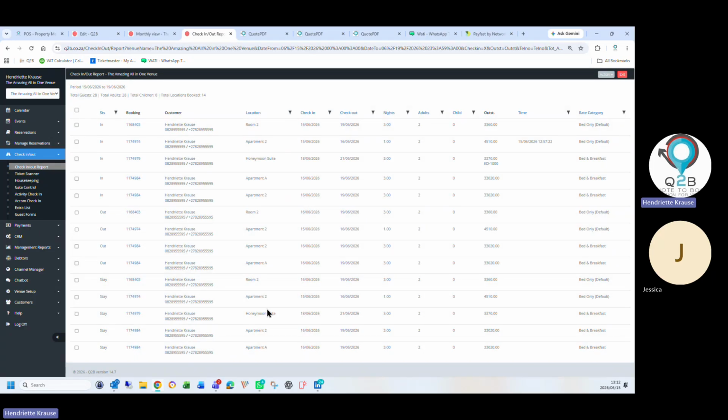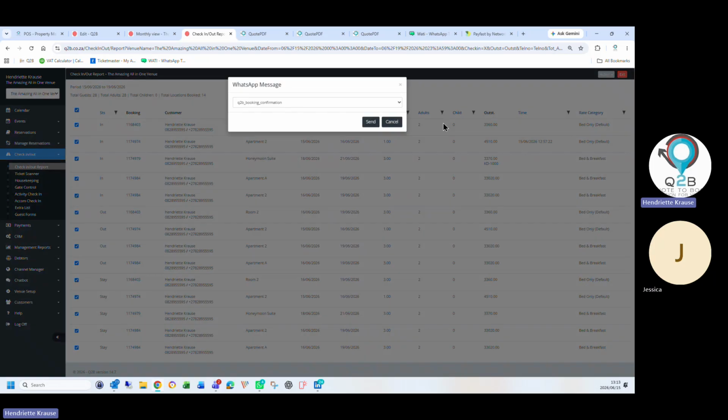And there's all my check-in, stay over, and going out details of all my rooms. If I then want to print it afterwards, I can go action print. I can export it to PDF or to Excel, or send all these customers a WhatsApp.